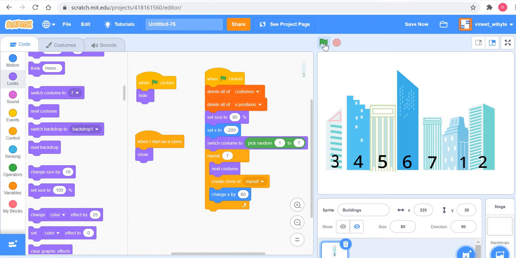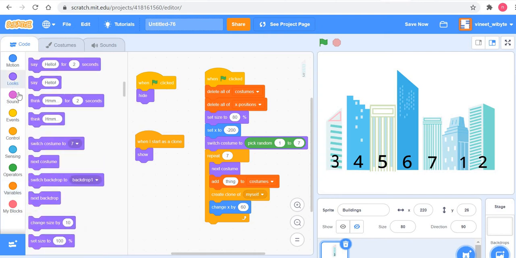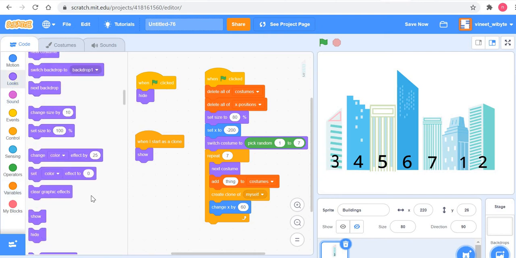Okay, so the first list is going to keep track of which costume has ended up where. Remember, this part is random. So we start from a random number, so it could be 1, it could be 2, it could be 5, it could be 7, it could be anything from 1 to 7. So we will keep track of this using a list called costumes. So how do I do that? In this repeat loop, I go to my lists block and I say add, go to looks, costume name